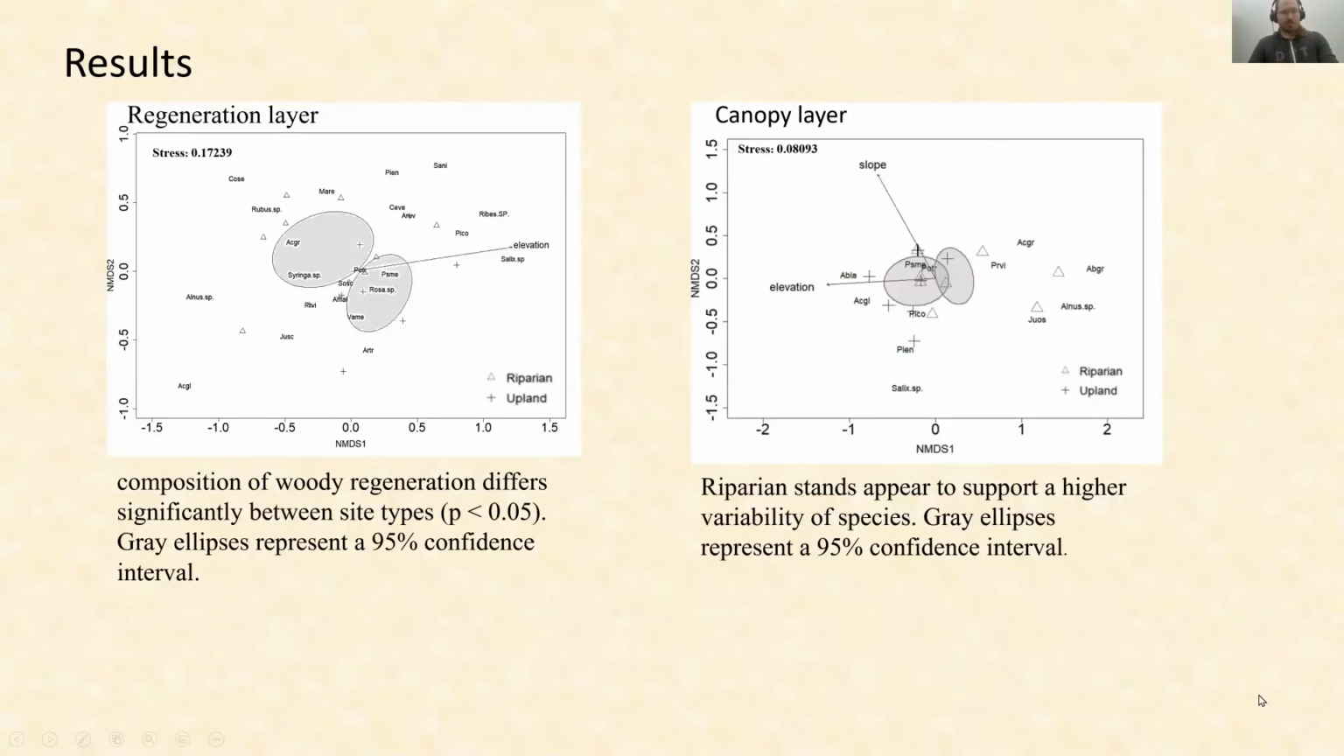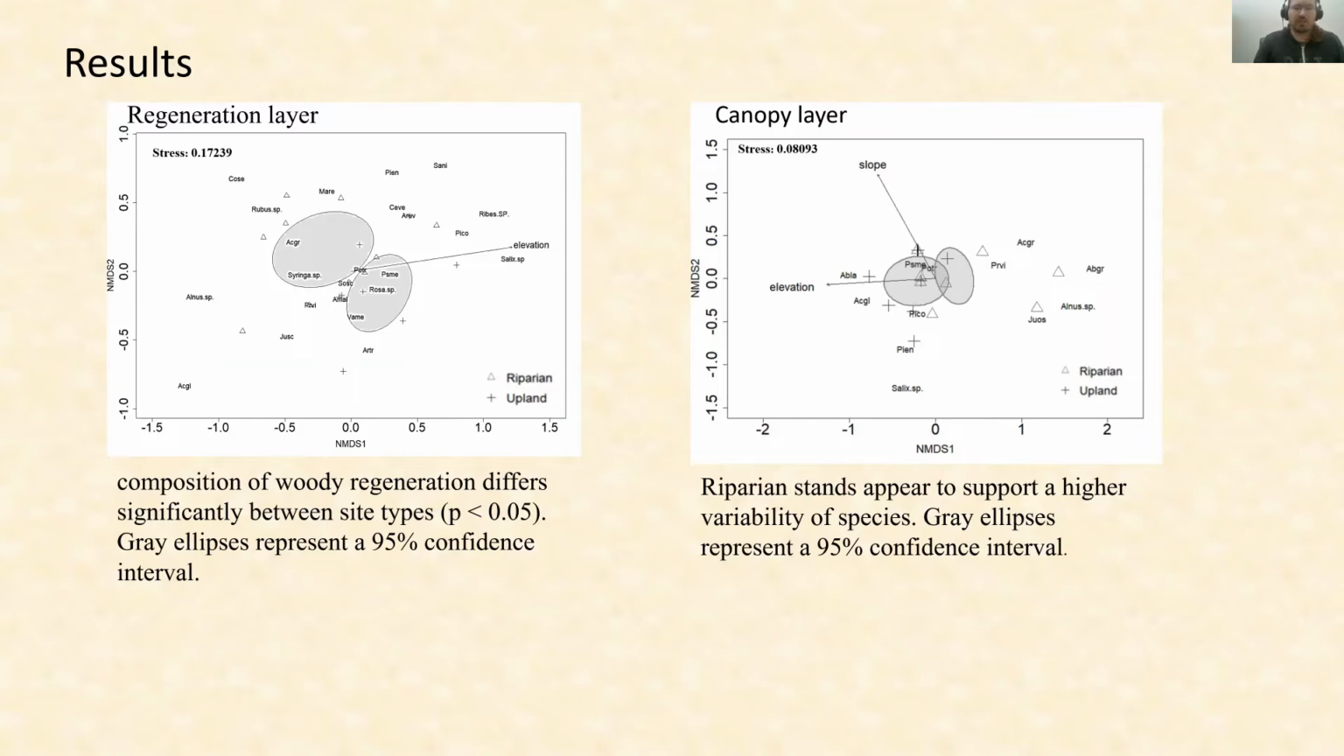Okay, jumping right into our results. So we analyzed these with an NMDS, non-metric multidimensional scaling, for the regeneration layer. So this is all of the woody shrubs and competitive shrubs that we saw between the riparian zones and the upland zones. And we centered it on the aspen regeneration to see its effect. And we do see two distinct groups that were significantly different based on whether it was a riparian zone or an upland zone. So we're seeing a much higher variety of species growing in the riparian zones, and we're seeing